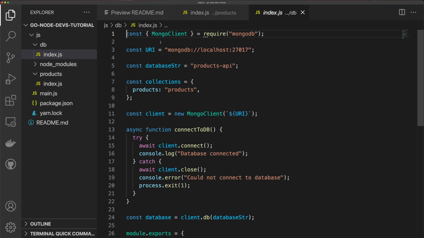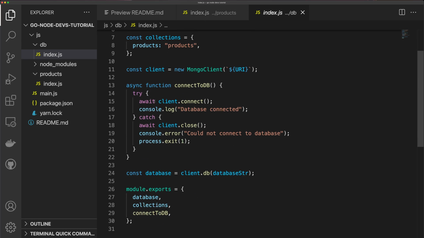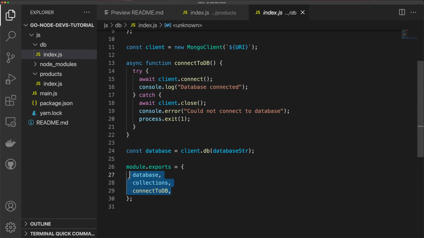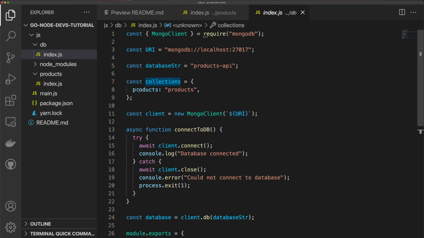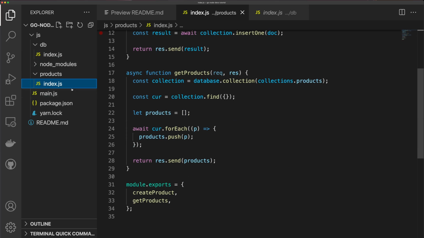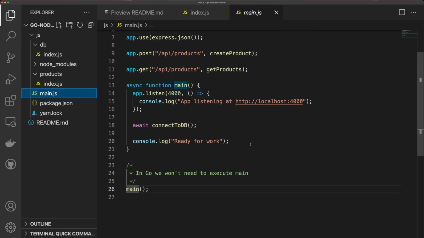So then in our database, we're going to initialize our connection. And then we're going to export a client.db. And we're going to export that database, and we're going to export the collections object. And this is essentially just an enumerator that is going to define the collections. Finally, we're going to export the connected DB function, which is used in our main function. So this is a very simple API, but hopefully it will give you a bit of an understanding of how